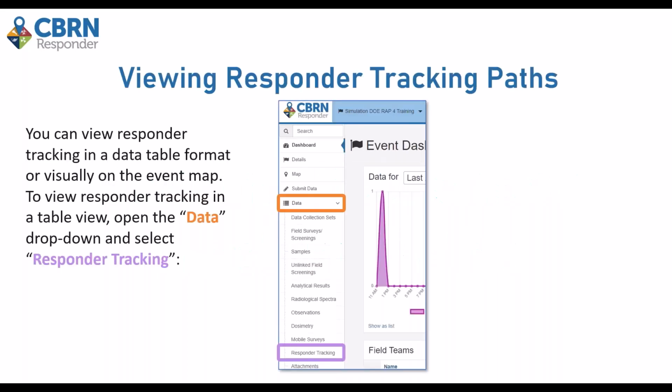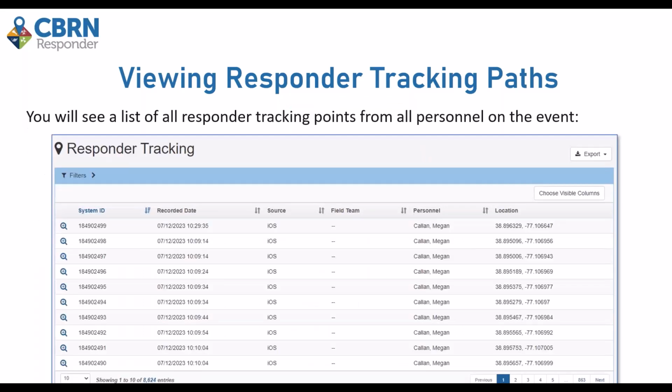from the event side on the website, there are a few different ways that you're able to see the responder tracking points. The first being in a tabular view. Under the data dropdown, you should see a responder tracking field. And when you navigate to this page, you will see a list of all responder tracking points from all personnel